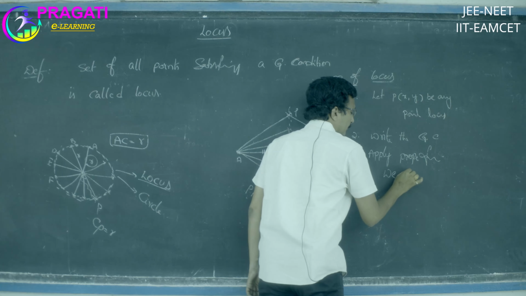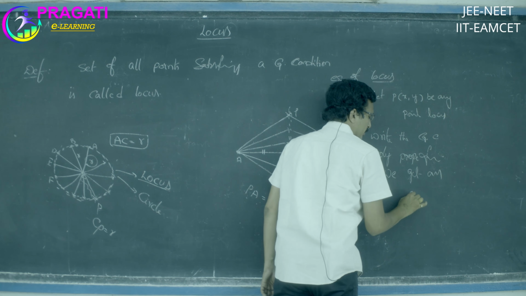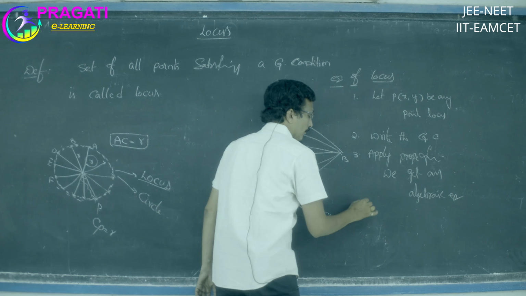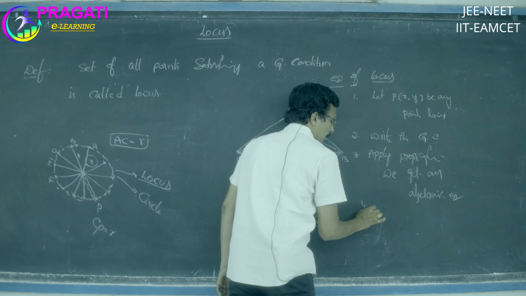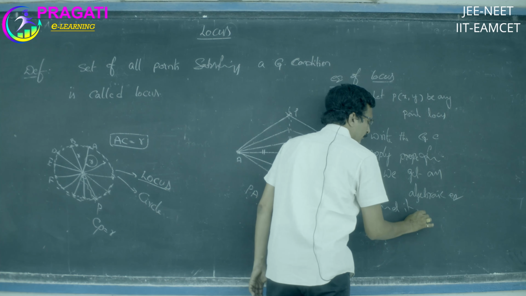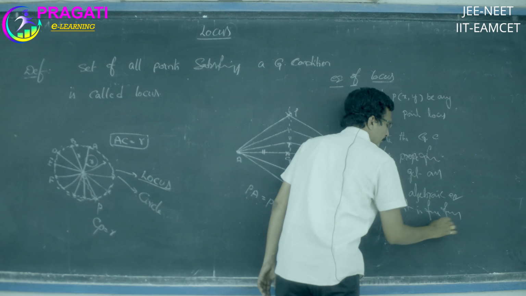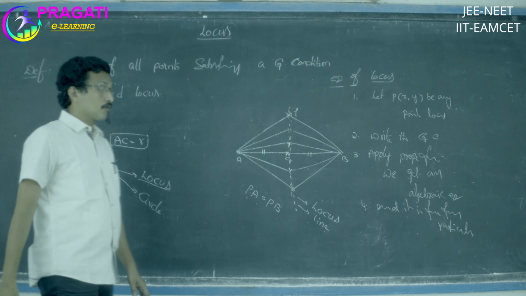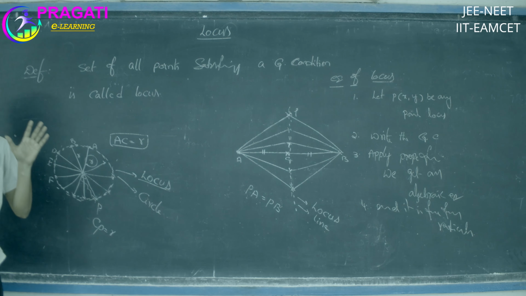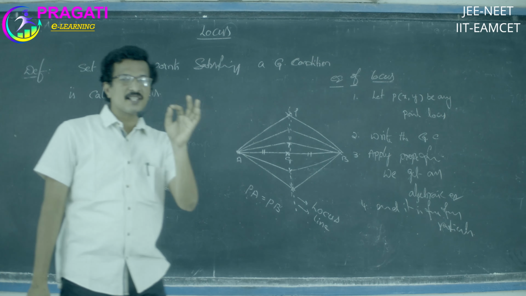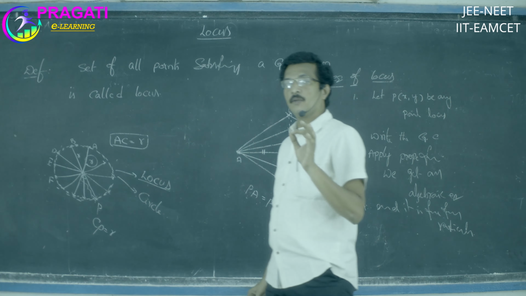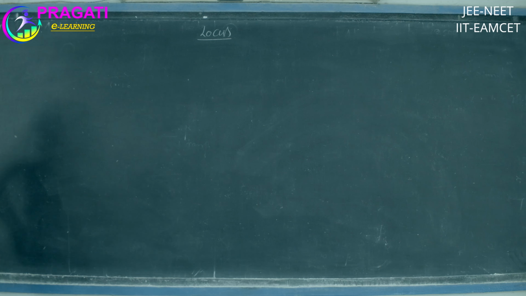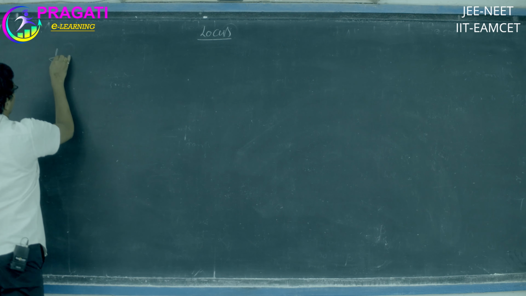We get an algebraic equation and it is free from radicals. What is the meaning of free from radicals? So the required locus equation is in terms of x and y only. x and y only. Okay, let us go to the objective class. Okay, one of the points is formulas.